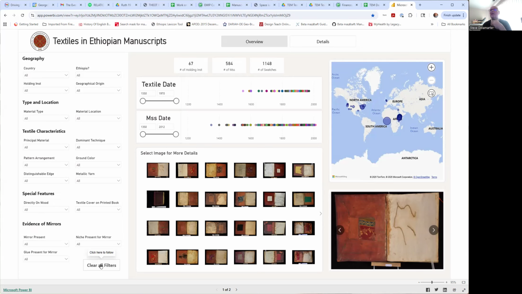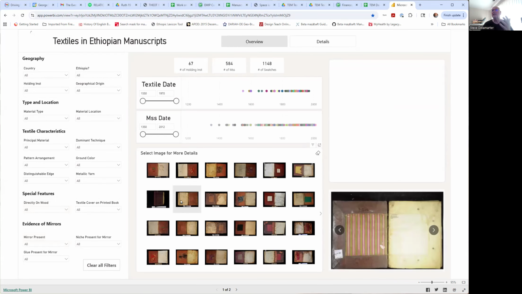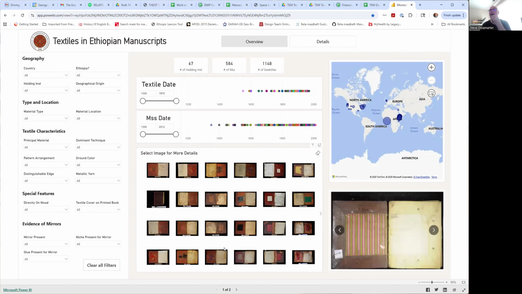If it doesn't look like it completely went back to ground zero, and this looks like it did, but if you're unsure about that, go up here and just refresh the whole thing, and it will start from scratch that way. So I think these are the main features, and we invite you to look them over,